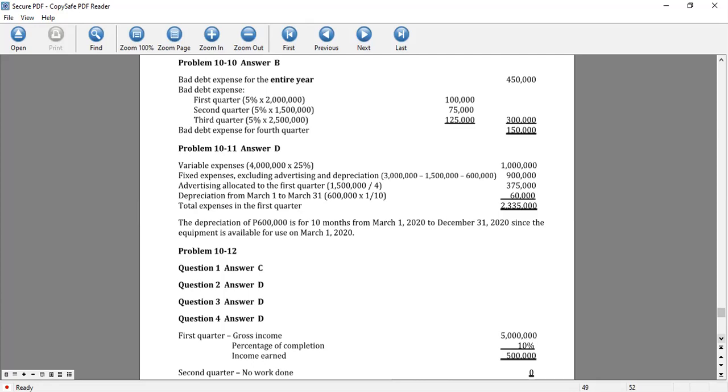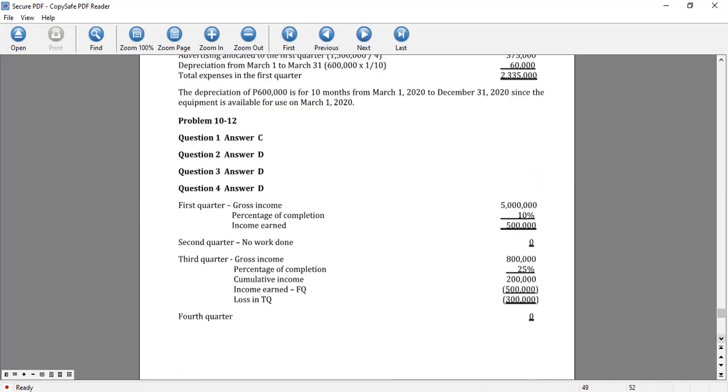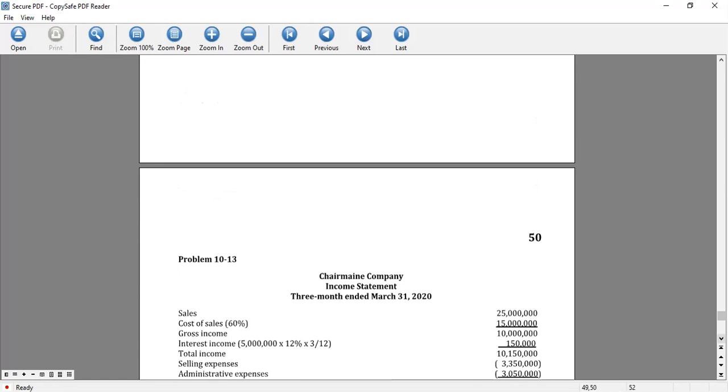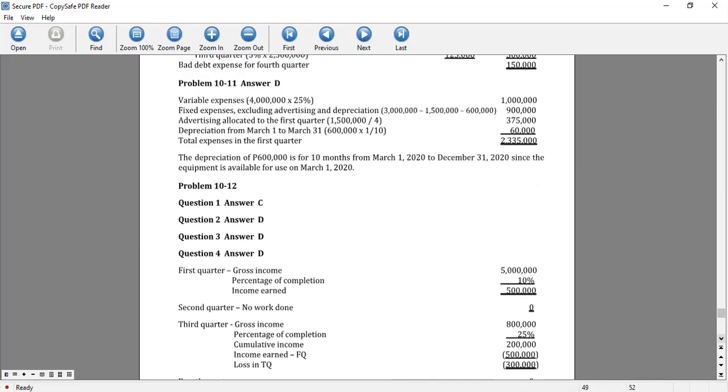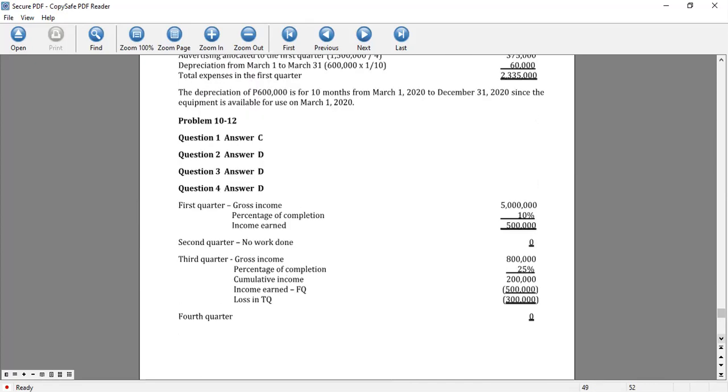Then we now go to problem 10-12, and 10-12 has several requirements. So we have now questions number 1 up to number 4. Okay, so for question number 1 of 10-12, what amount of income should be reported in the first quarter. So, at the beginning of current year, Cambridge Company entered into a 20 million long-term fixed price contract to